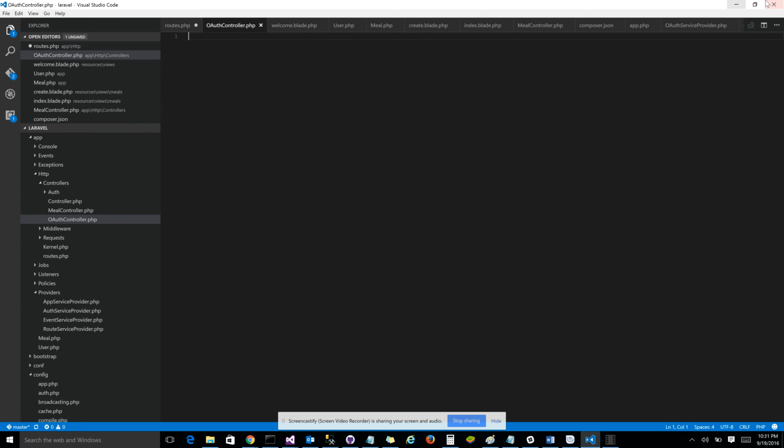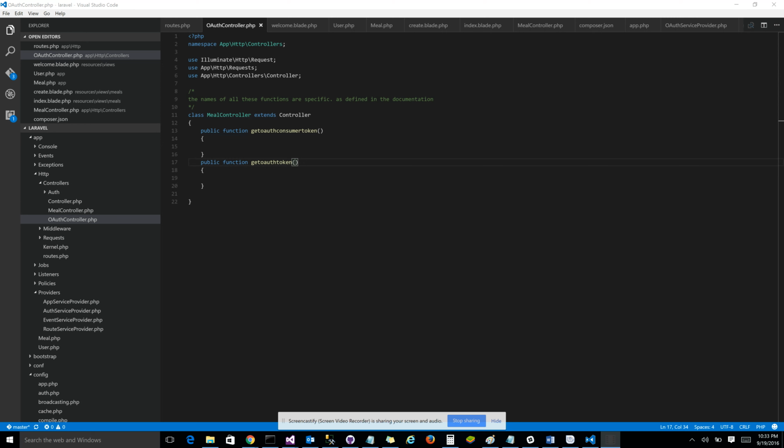And let's put the stuff in here that we need to use. Okay, so I created a controller. I'm going to call it OAuthController, and I've just got some functions in here that map to kind of the storyline or process of how